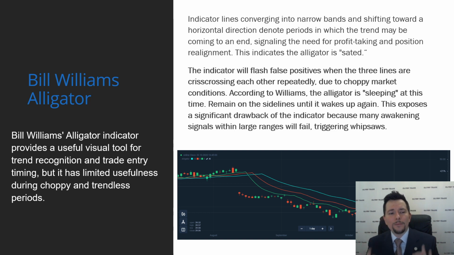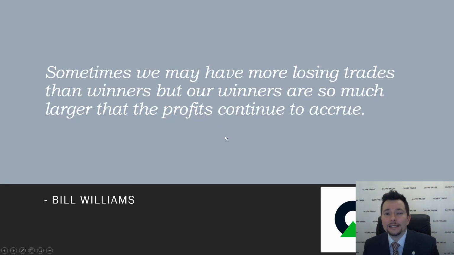The market remains trending for about 30% of the year. So the other times, it's kind of difficult to find your entry points, and so other indicators like oscillators will help you better to gauge when we have a shift in trend, shift in dynamic. Sometimes we may have more losing trades than winners, but our winners are so much larger that our profits continue to accrue. So what Bill Williams is saying there is that